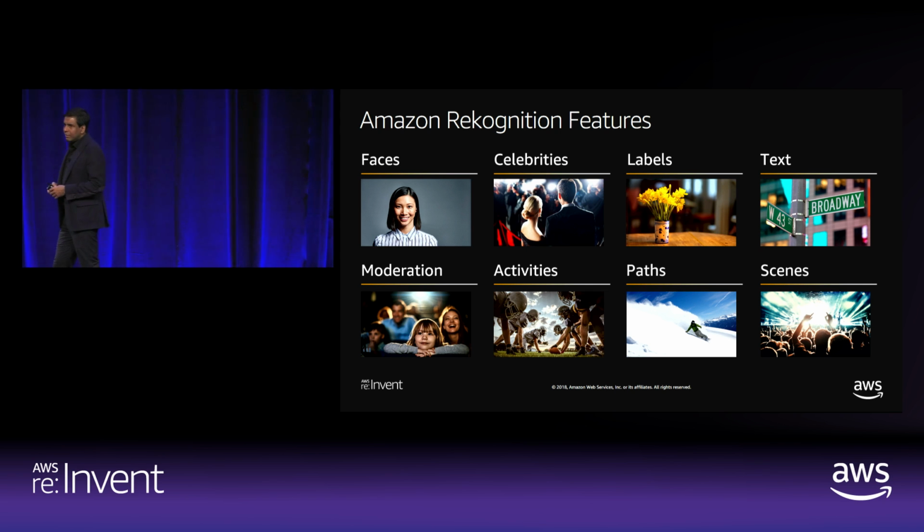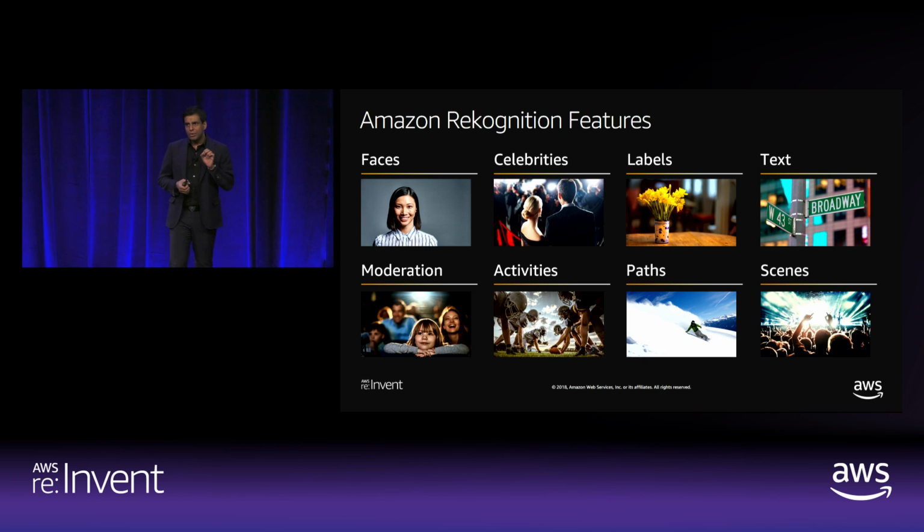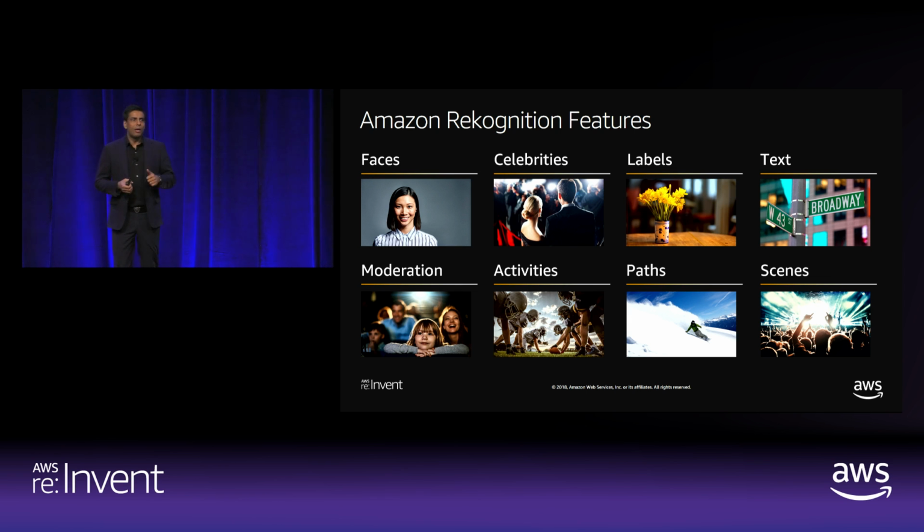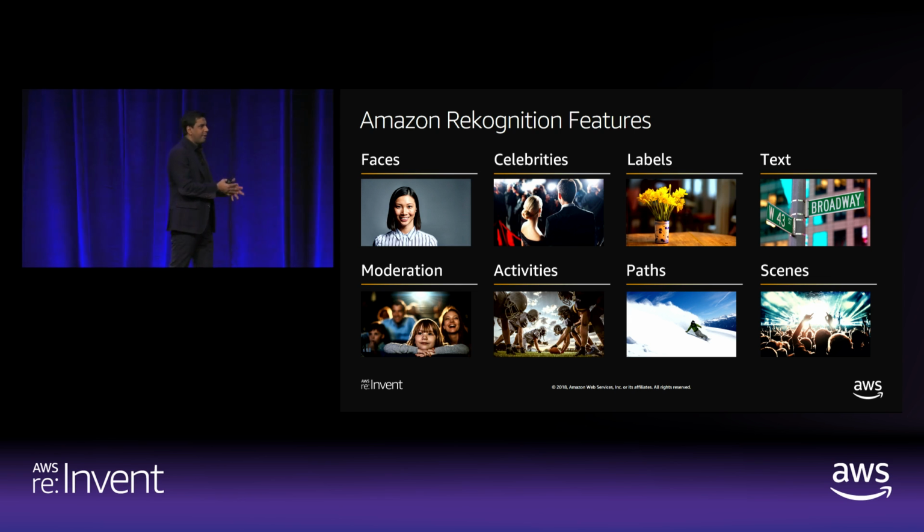Now, the other feature I would like to talk to you about is activities. And activities, as I called out before, works only for video in this case. The reason is, we are probably the only provider that uses the entirety of video to analyze it and give you metadata back. A lot of other providers typically take a video, create keyframes, and do image analysis. What you lose with that is the context of motion and the context of time, which immediately impacts your accuracy, right? Me standing in one place, you get a frame of me here, I'm walking, and I come back here again, and if that's your next keyframe, you have completely missed out on my walking and motion, right?